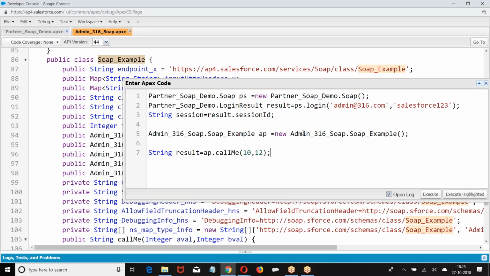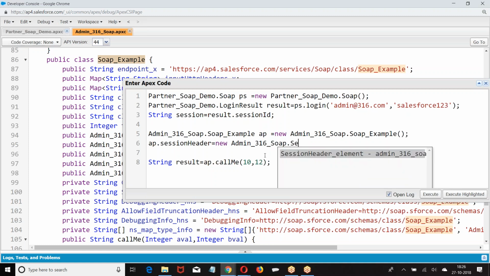This is my request. But before I make a call to this, you are supposed to pass the session ID. Where you are supposed to pass? So AP dot, first create an object for that class.